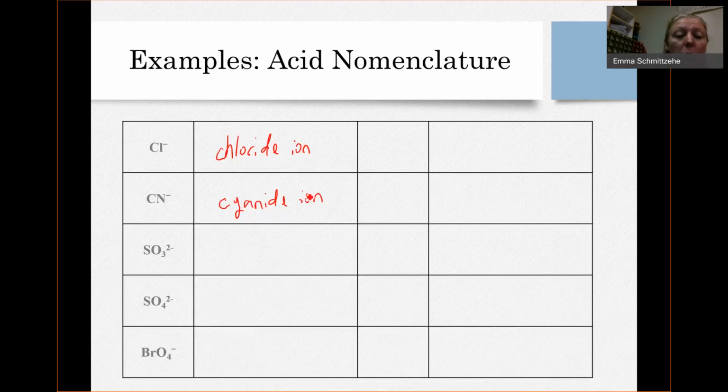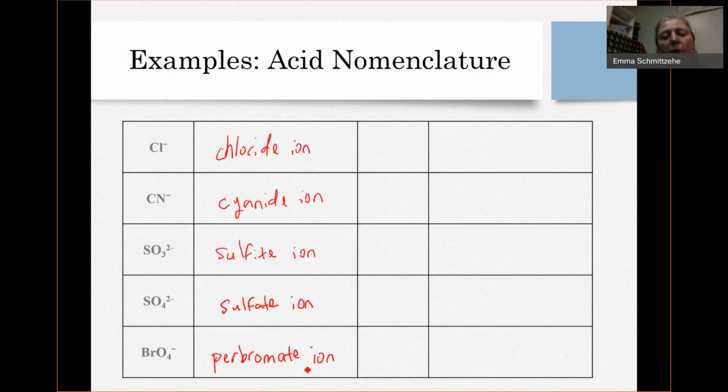And SO3 2- is sulfite ion. And SO4 2- is sulfate ion. And BrO4- is perbromate ion. And if you work with these a lot, you'll just know them off the top of your head